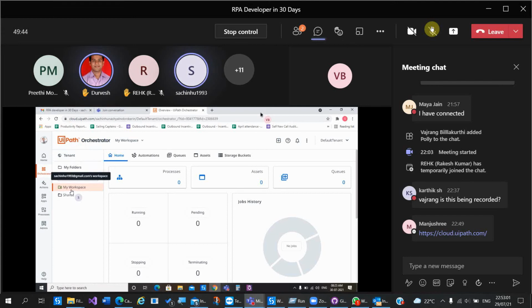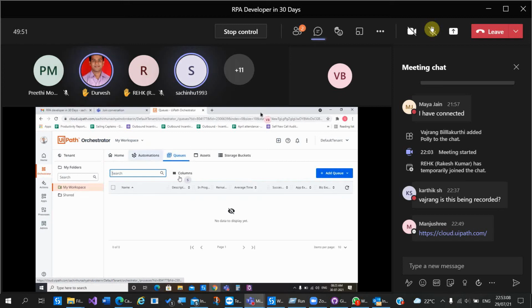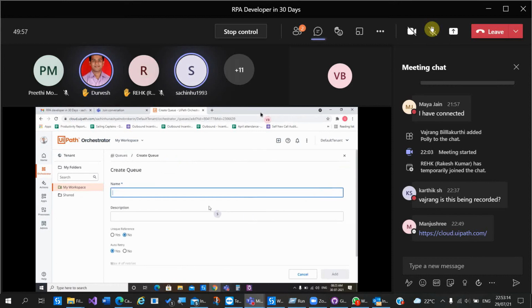My Workspace. Okay, then go to queue. Add queue, right hand side. Create a new queue. Okay, name it.